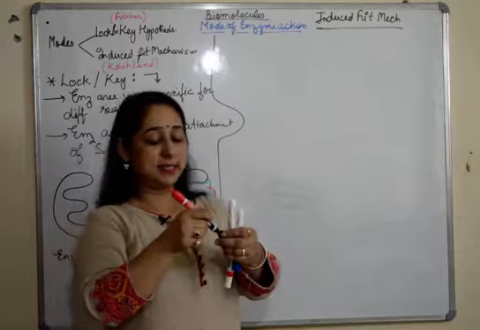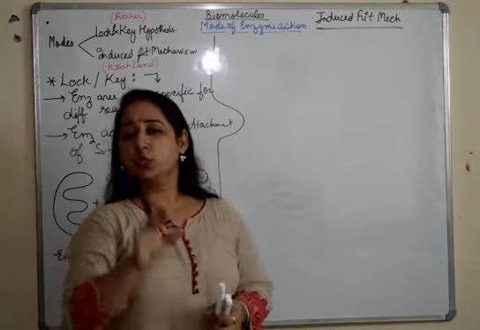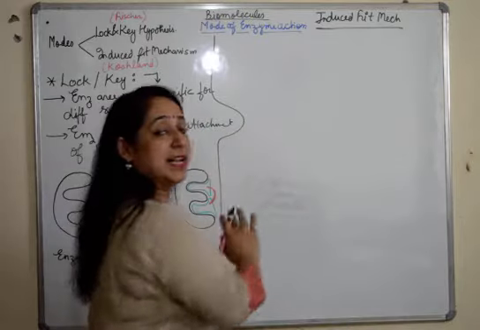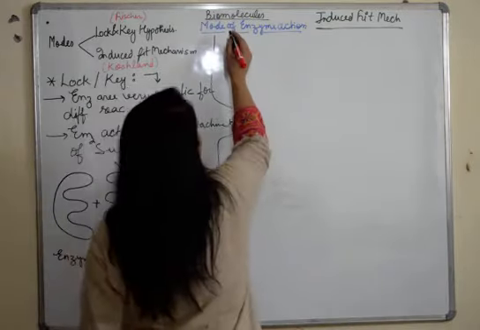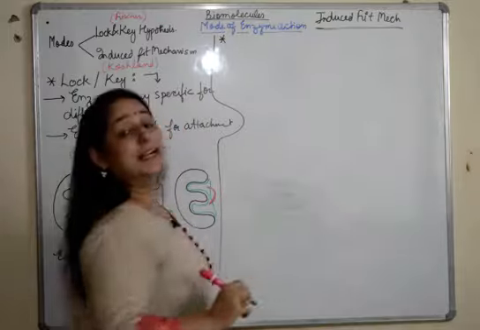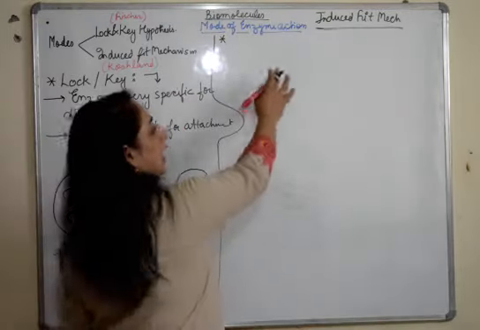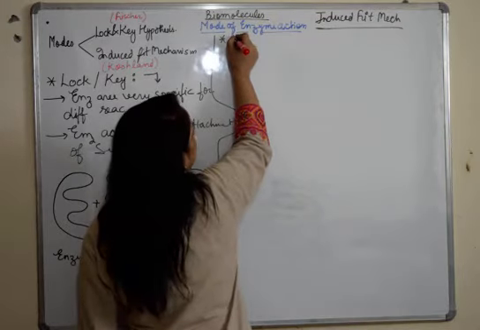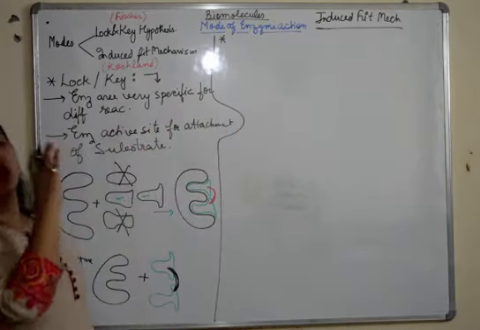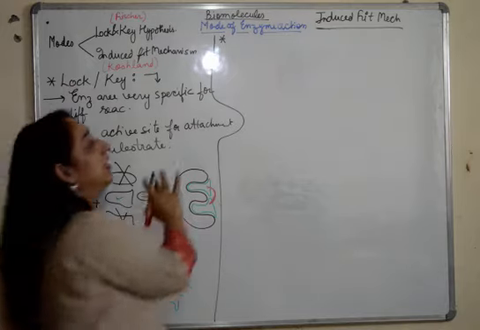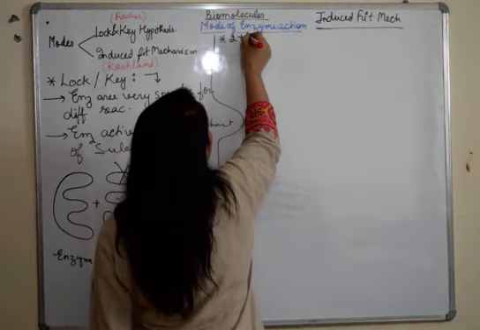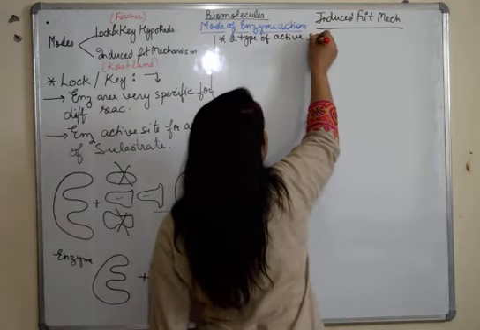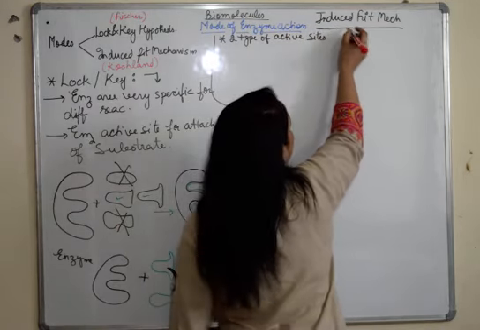Now what does this mechanism say? It is different from lock and key hypothesis. I'll write the pointers and then I'll draw the diagram and explain. First of all, there are two sites, very, very important. Here we had only one active site, or you can say one type of active site. Here we have two types of active sites, and those two types are